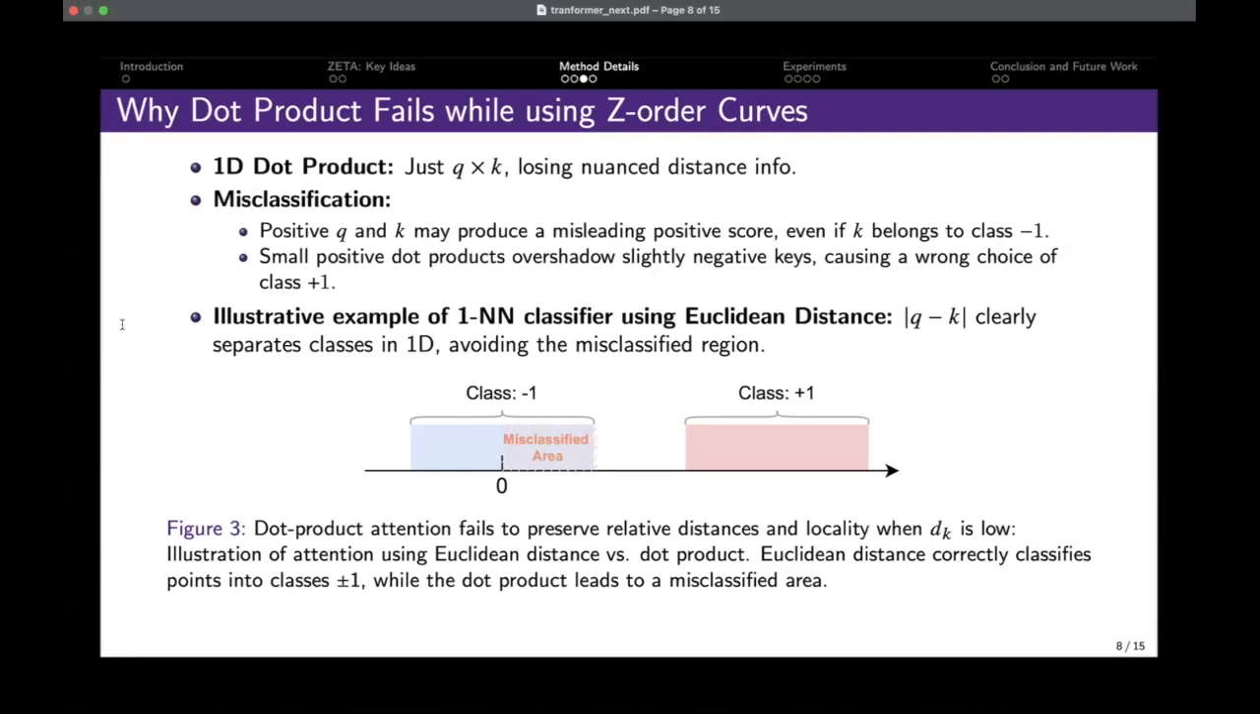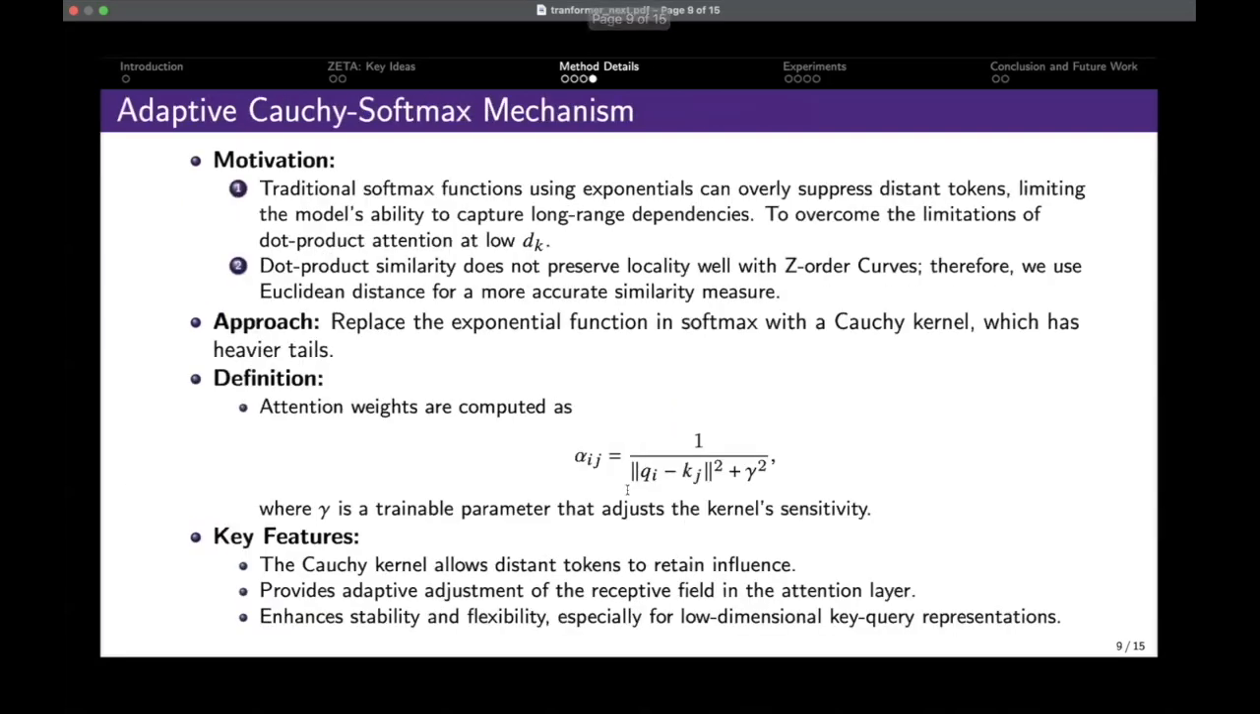So this is a very simple idea in the 1D case. But what we need is something that can preserve Euclidean distance as well as these magnitudes. So how do we do this? We introduce this adaptive Cauchy softmax. What this method does, if I put it more simplistically, is that you add a trainable parameter that controls